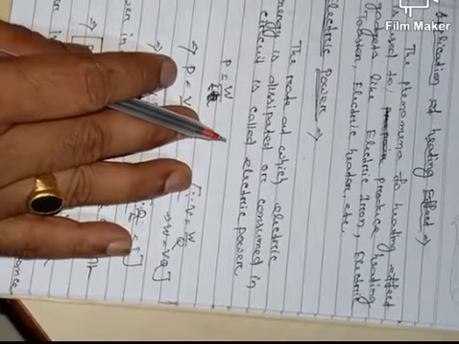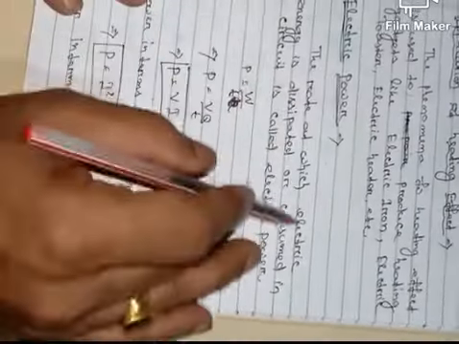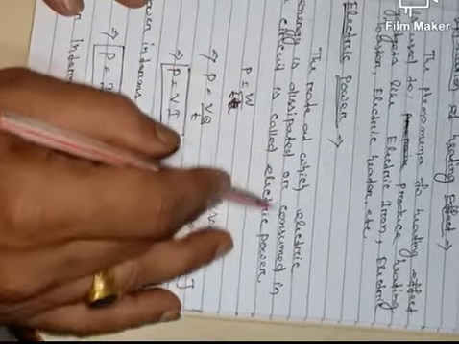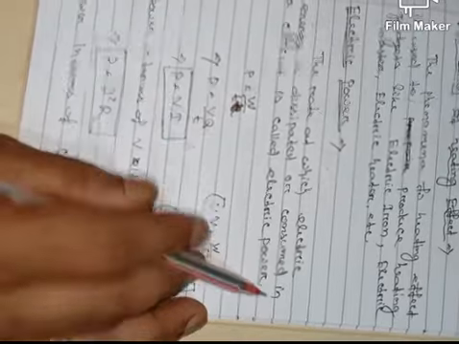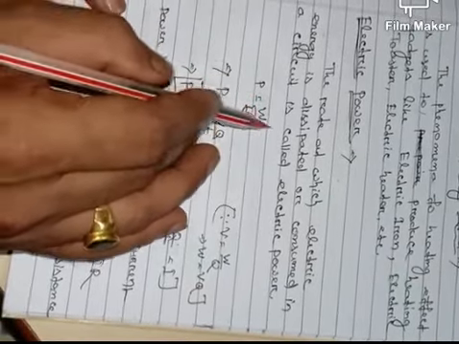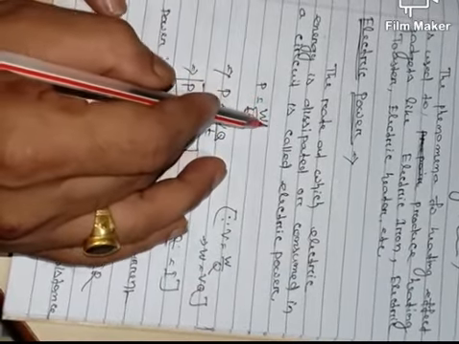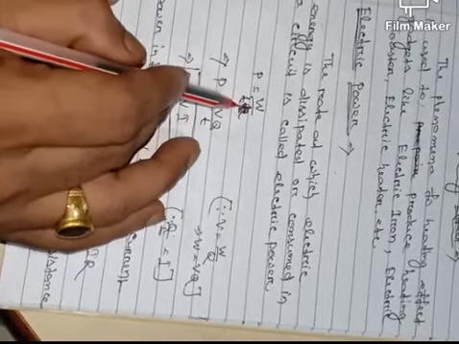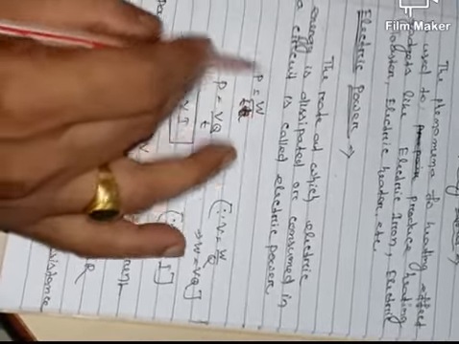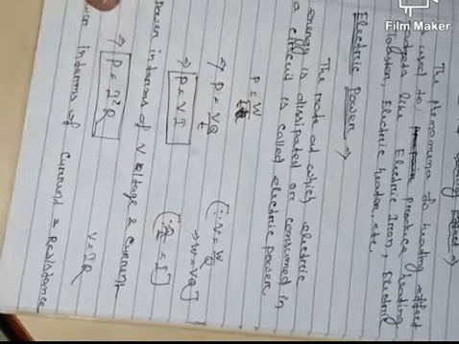So now let us discuss electric power. The rate at which electric energy is dissipated or consumed in a circuit is called electrical power. Already we have discussed this. So I can write P is equal to W by T. This is work done or energy consumed per unit time, means the total time is divided. So per second I can get the energy consumed, that is called power.